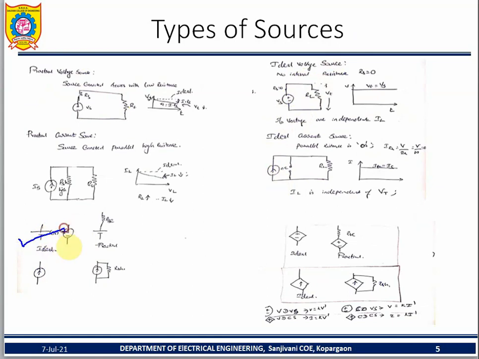So this is called a voltage source, this is a current source. You want to know about this one. Okay, and a practical condition, what about that one? The voltage source is connected in series with the resistance. Here the current source is connected in parallel with the resistance. So that's all about the practical condition of the voltage source and the practical condition of the current source.